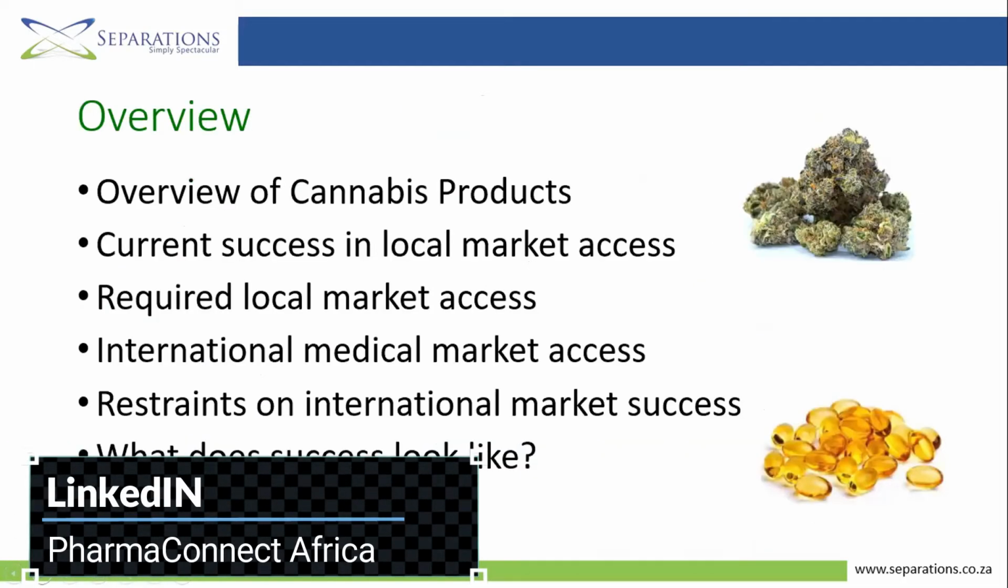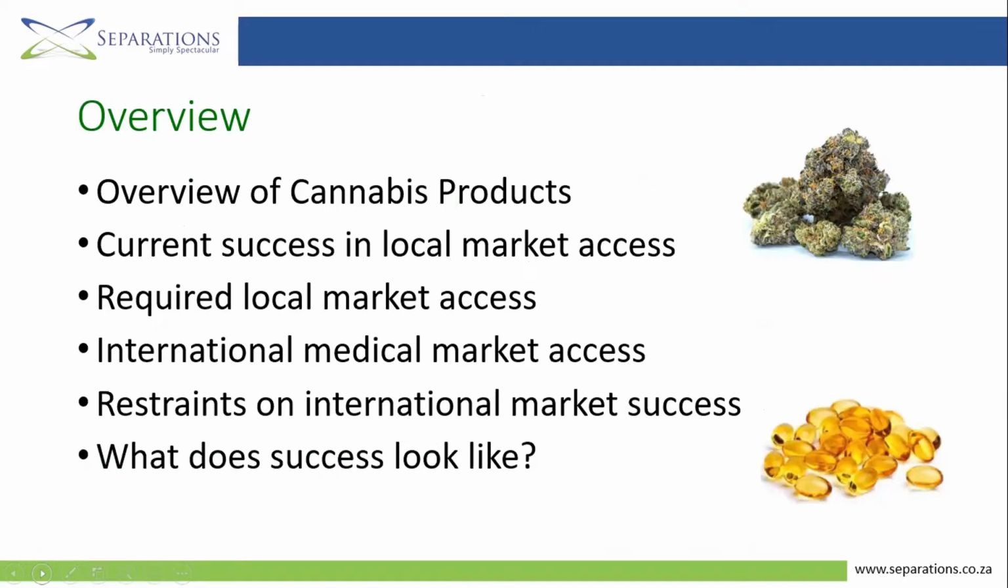I always like to start with just a very direct explanation of how the product differentials or the product SKUs are defined within cannabis, because when we know the differences, it makes it a lot easier to see how these products tie into the value chain. In addition, I will talk to the current success in the local market, what is working, what is required for us to really grow as an economy based on cannabis,